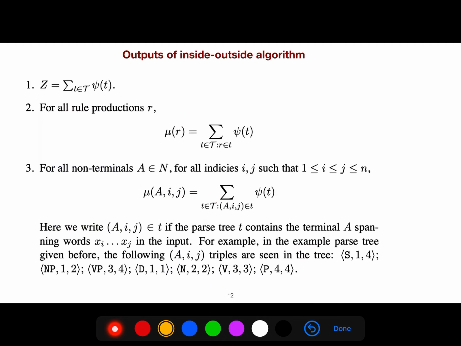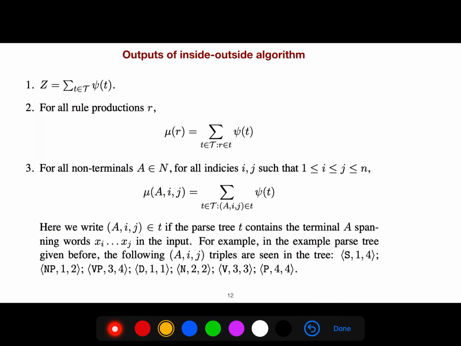For example, in the inside algorithm, you go from I and J. So I and J is split by a K. So I to K is one constituent part. The other part is here. So if we calculate the alpha of I to K, this part, and K plus 1 to J, this part, multiplied by the potential of overall, then we can calculate. So it's a recursive thing because we are going from higher constituents to more elementary